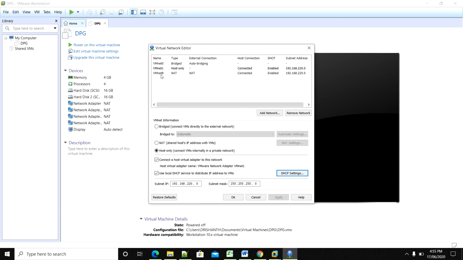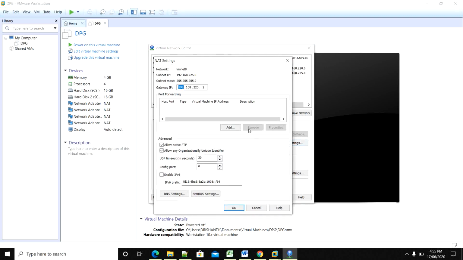Next we need to configure VMnet8. Here we need to configure the NAT setting. We need to mention the gateway IP which we will use during the installation of DataPower. So here just keep it 192.168.225.2.